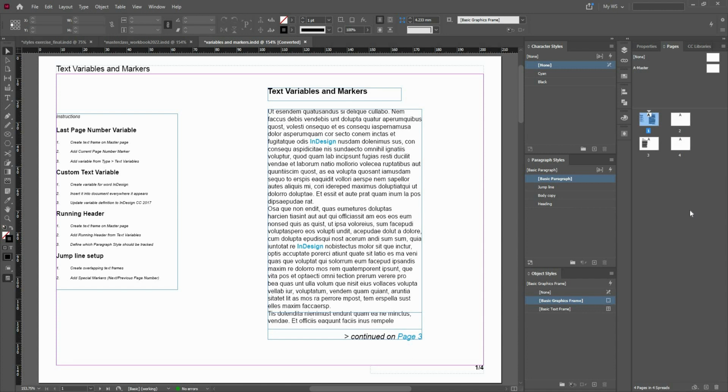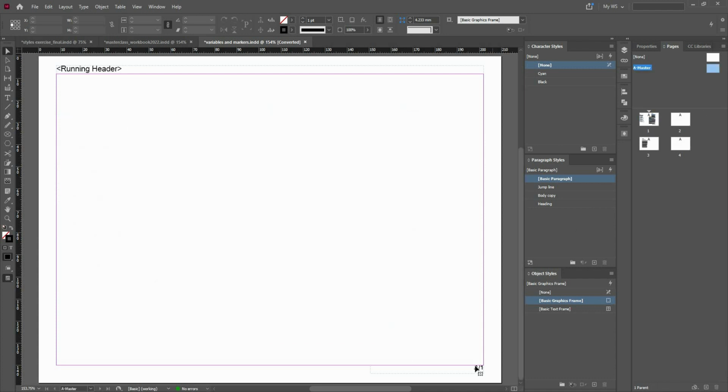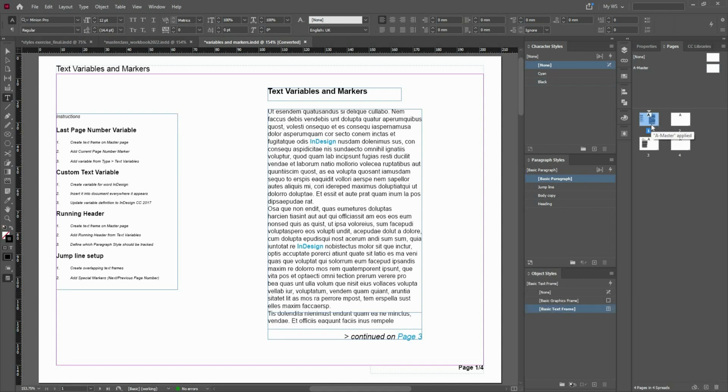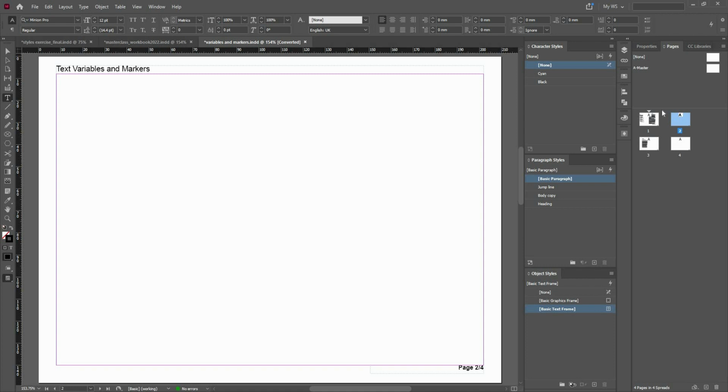Now, of course, you can make changes, like if I go back again to the master page and type page, P-A-G-E, page and a space, then go back here, it shows page 1 of 4, page 2 of 4, and so on and so forth. So if you want, your variables and markers can be mixed with a static text that does not update based on the context. Now you can also create a custom text variable